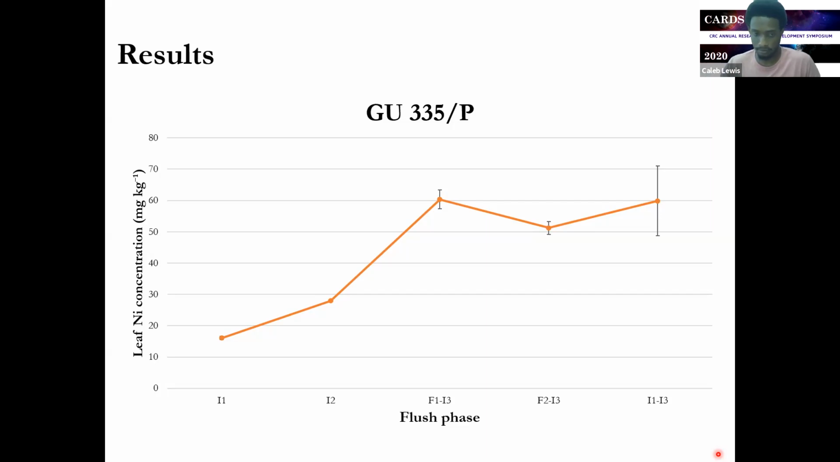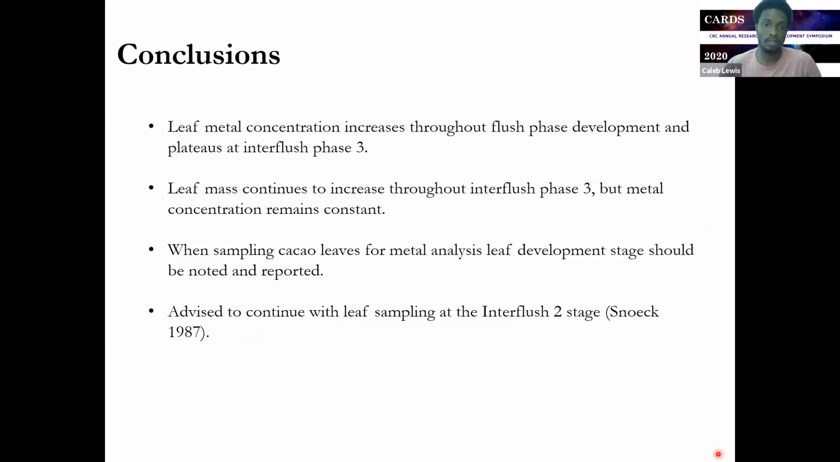Now, the conclusion from this study is that leaf metal concentration increases throughout flush phase development and plateaus at interflush phase 3, as I stated before. The leaf mass continues to increase throughout interflush phase 3, but metal concentration remains constant. So there's a plateau of the concentration of metals within the leaves. What this means is that when sampling cacao leaves for metal analysis, leaf development state should be noted and reported. And this is important because